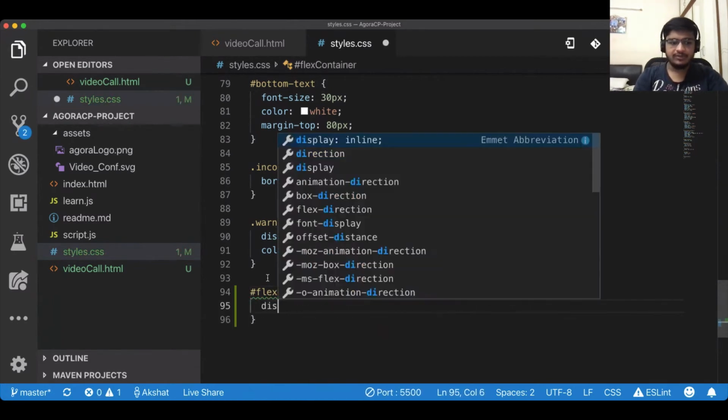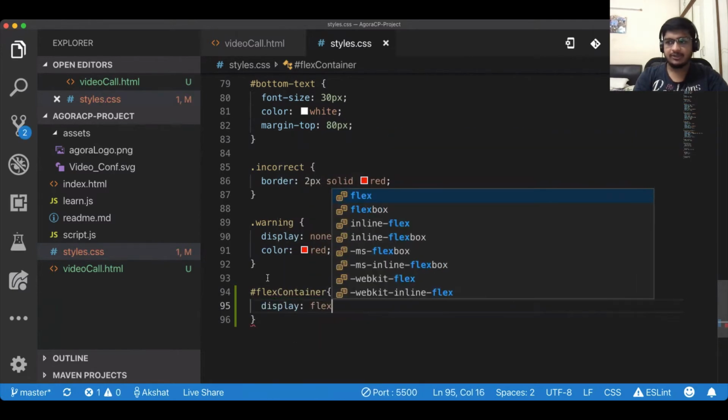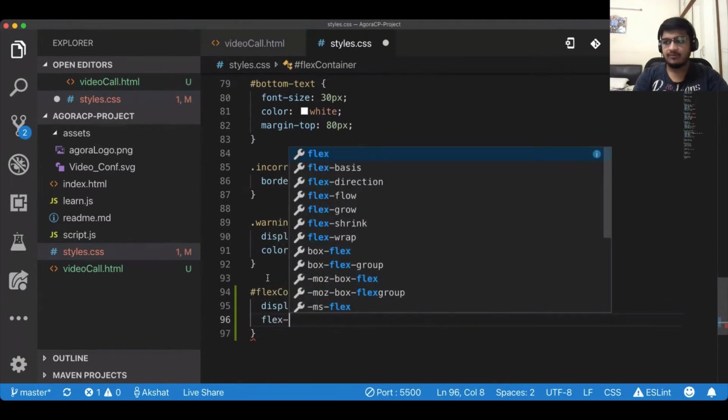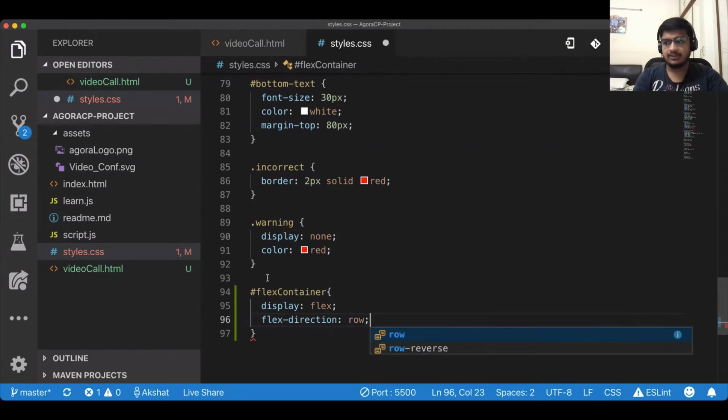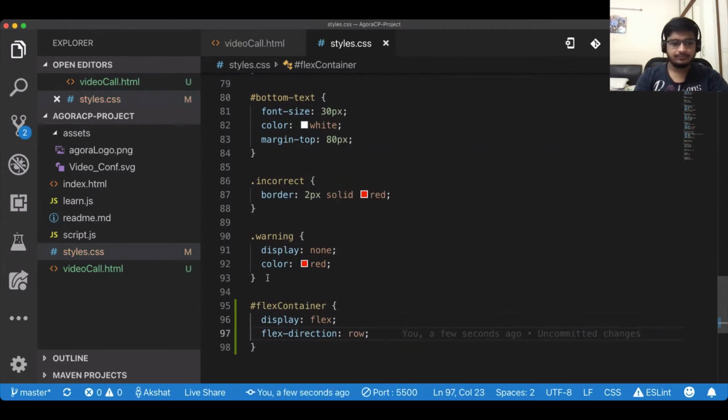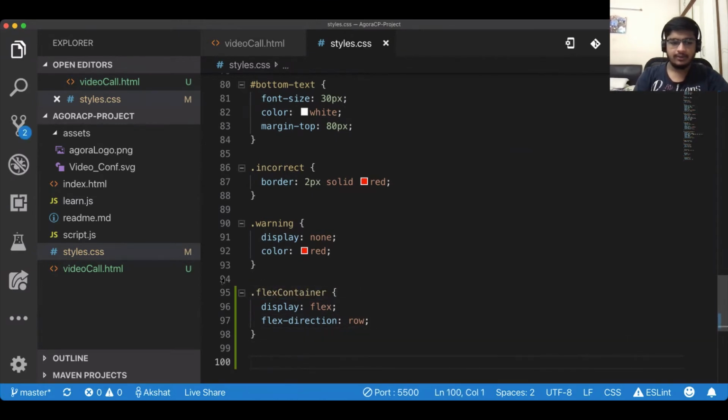Because we're going to be using a flex box, we'll just type display flex, flex direction row. Sorry, it's a class I had made, so it should be a dot. Then you have the right container which we started, right dash container.